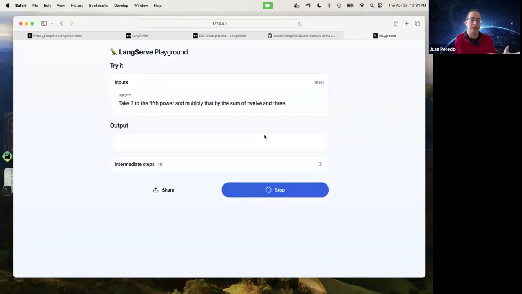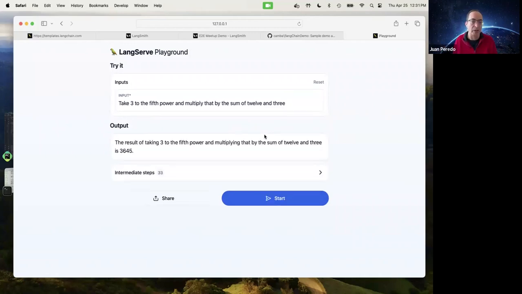We're going to say, take 3 to the 5th power and multiply that by the sum of 12 and 3. Notice that we're giving it numbers and characters, so it's figuring out what to do all on its own. And that gives a result of 3645, which I think is the right number.